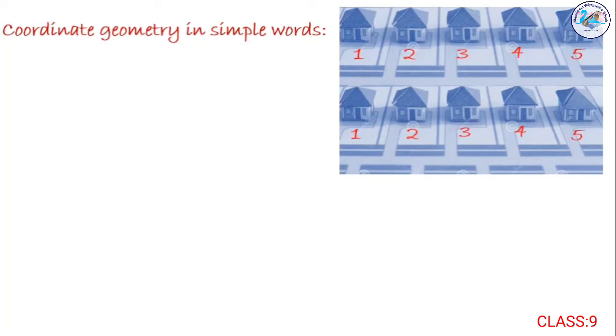And when you reach the place, you see that there are two rows of houses numbered 1 to 5. In the first row the houses are numbered 1 to 5, and in the second row also houses are numbered 1 to 5. Means if you use only the house number, there are two houses with the same number 4. In the first street, or the first row, there is house number 4, and in the second street also there is house number 4. Means to locate his house, you need one more parameter, that is the street number or the road number.